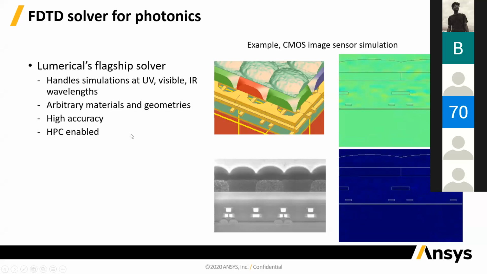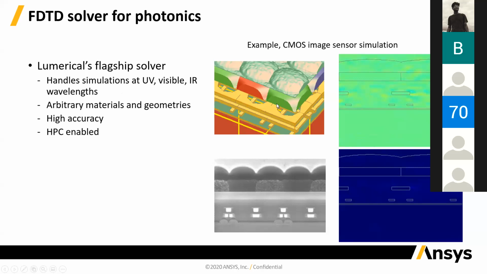So some key points about FDTD. It runs simulations at different frequencies. Because it's a time domain simulation, you can use broadband sources, and that allows you to run simulations at multiple wavelengths at the same time with a single run. In terms of material support, we have a material database that provides you with optical index data for most common materials, and you can easily use them to fill up your geometries.